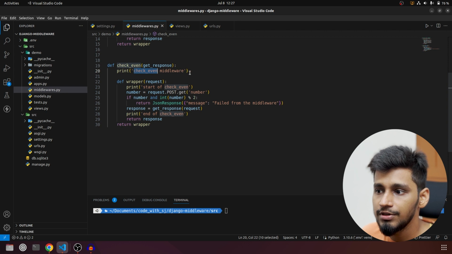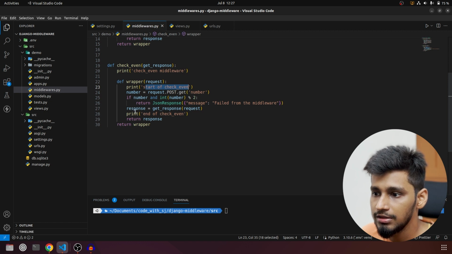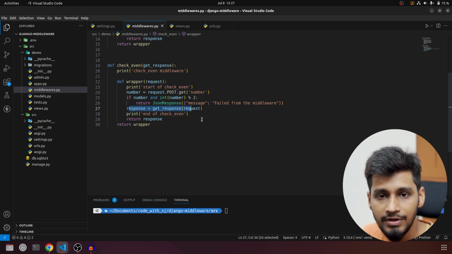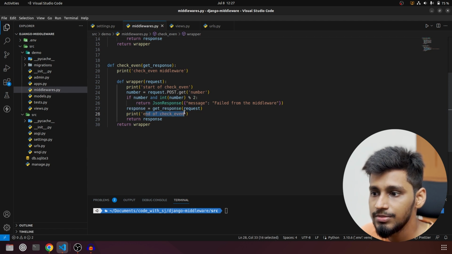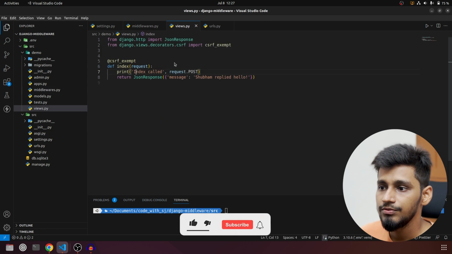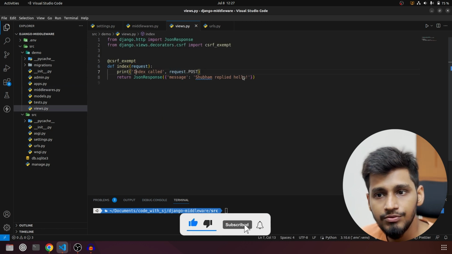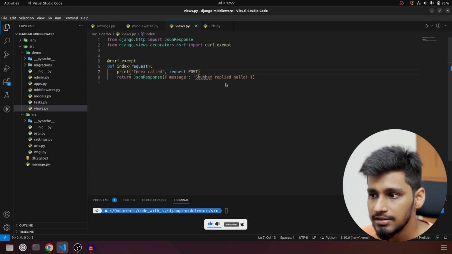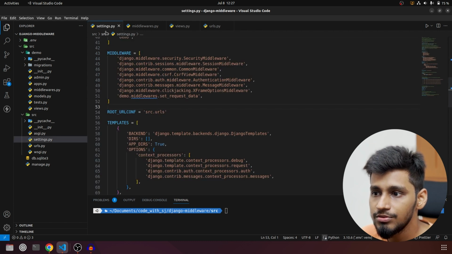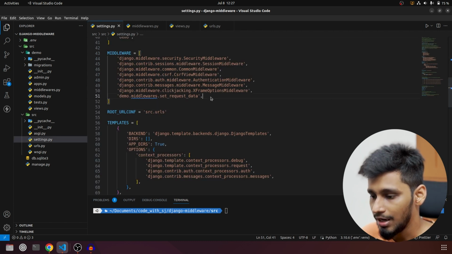One is check even middleware initialized, then when the request is being called, start of check even, and when the response is returned after the rest of the view function and middlewares are run, end of check even will be called. Okay, and we are not going to make any changes in the view function, that will remain as it is. So only one thing we have to do is in settings.py,